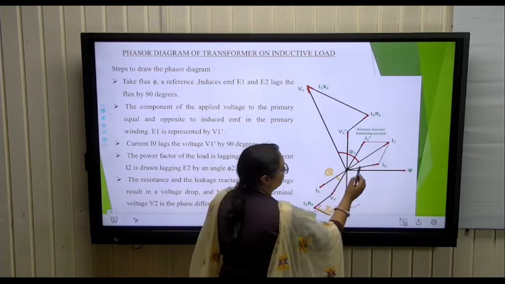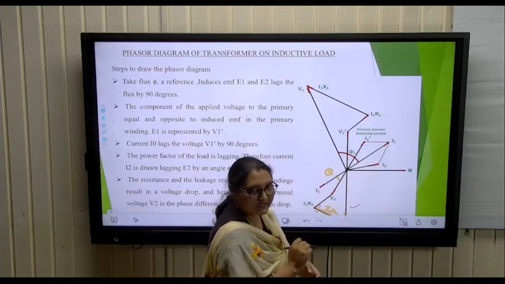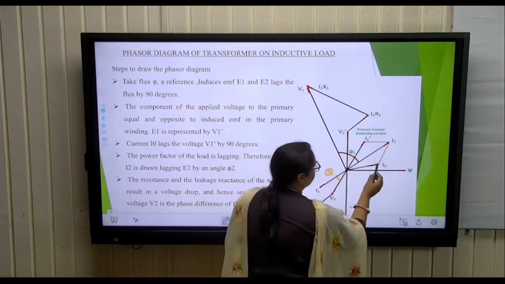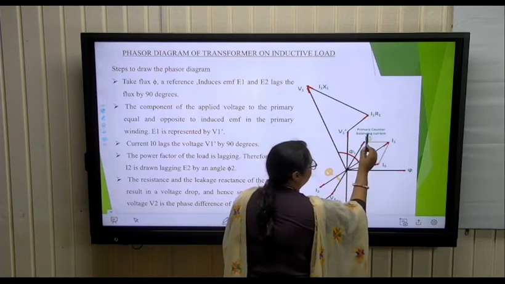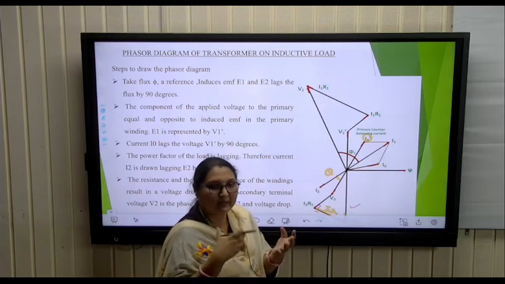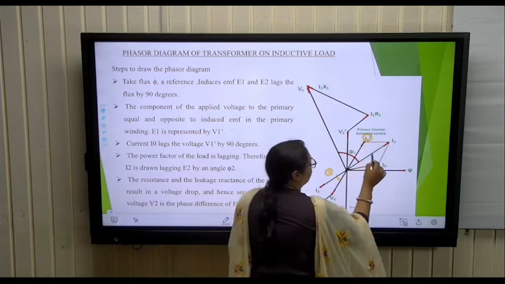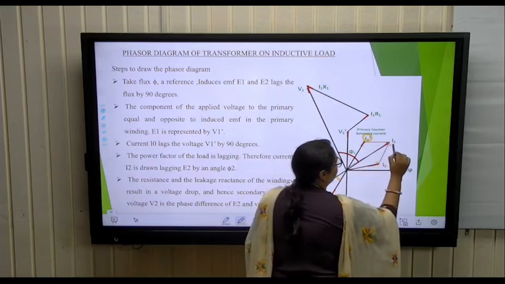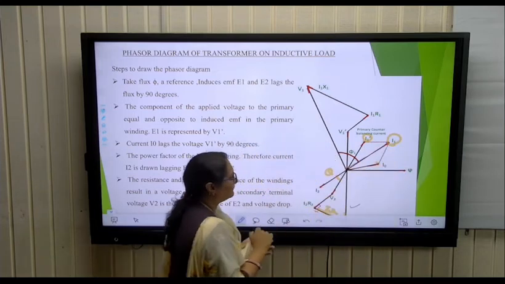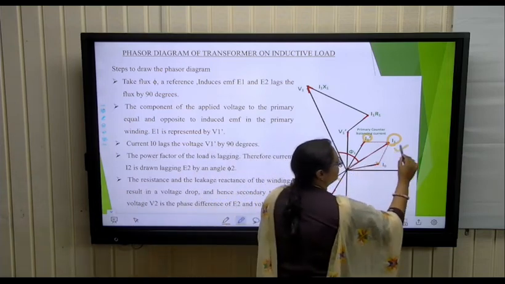Now on this primary side, you see this is the initial current, and to nullify the flux, an additional current is added, the extra current that the primary will take. Okay, so when you take the resultant of these two, you will get the total primary current I1. Now this is the current which will reflect on the primary side.